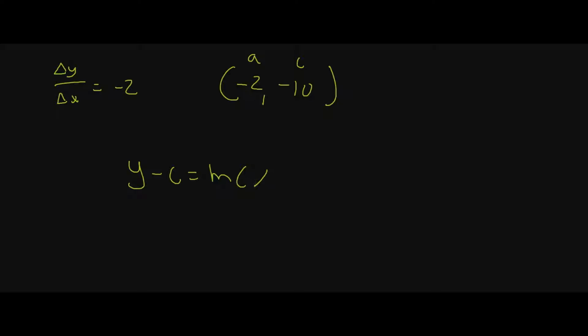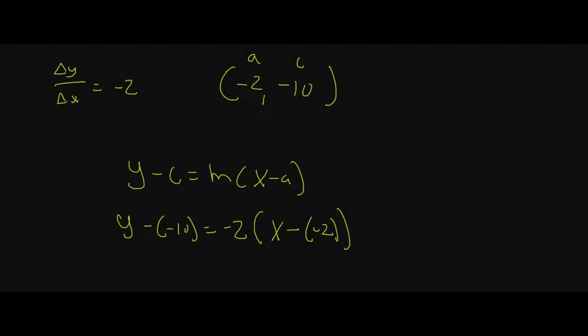And so maybe just for the fun of it, let's do another example that's a little more challenging. Let's say I give you delta y over delta x equals -2, and I tell you a point is -2 and -10. Okay. Well, again, I'll write it down. Y minus c is equal to m times x minus a. My slope is -2, all right? My y value is right over here, -10. So we're going to get y minus -10 is equal to -2. That's my slope. And then I'm going to get x minus the a value, my x value, which is